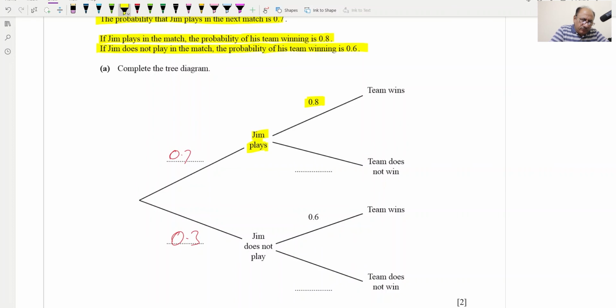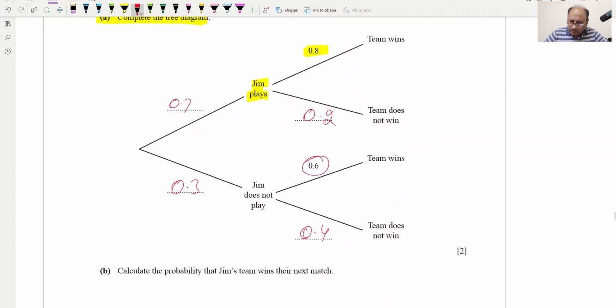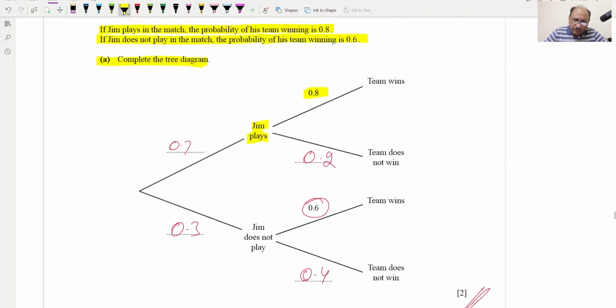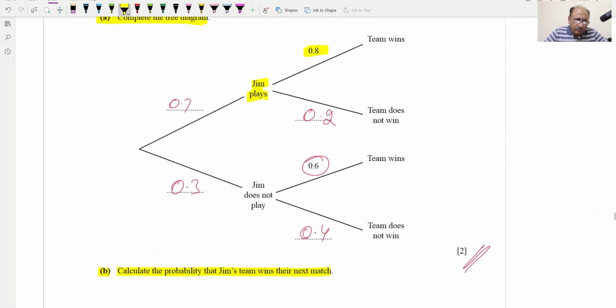So what we have to do, we have to complete the tree diagram. So this is 0.8 and the remaining will be 0.2. We can write over here, and as this one is 0.6, the remaining will be 0.4, which we can provide over here. And this is complete, and the 2 marks part we are done. Now B part, they are saying calculate the probability that Jim's team wins their next match. Next match win will be what? Winning probability is team wins is this one,